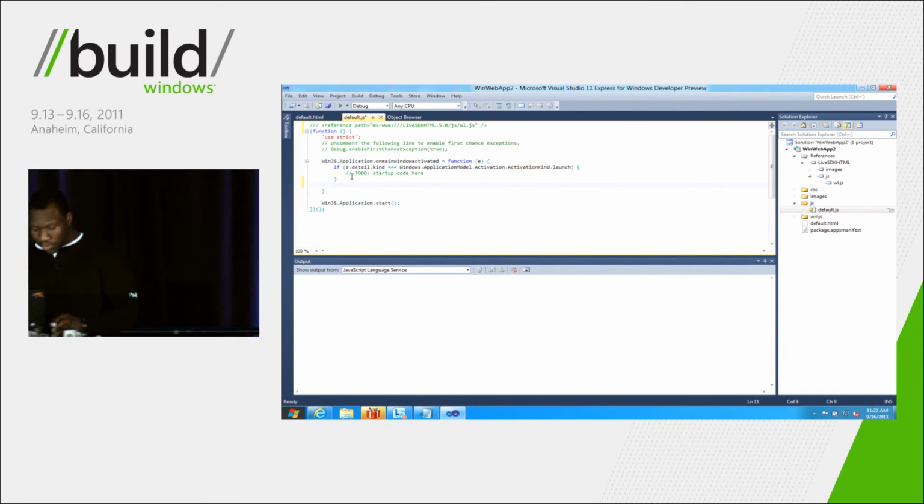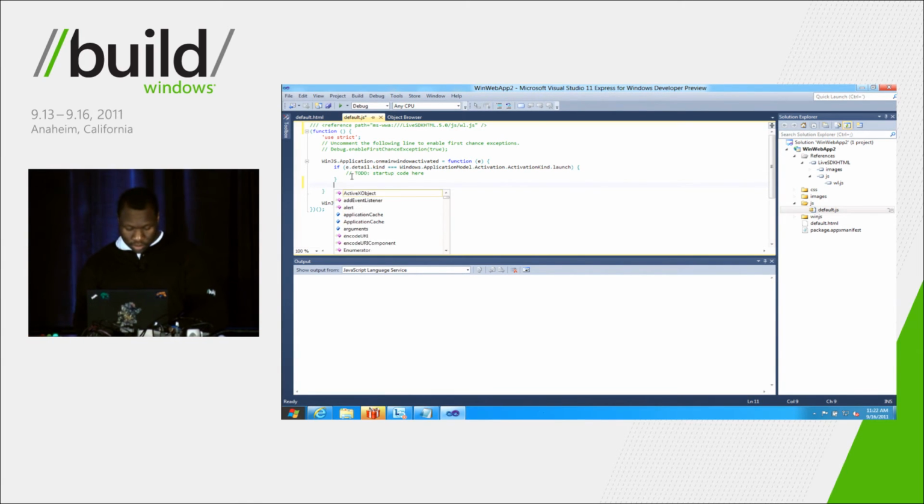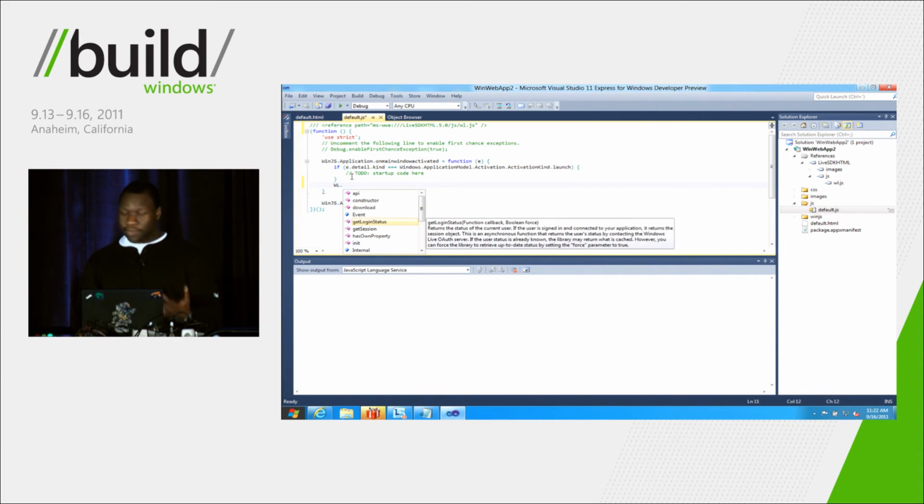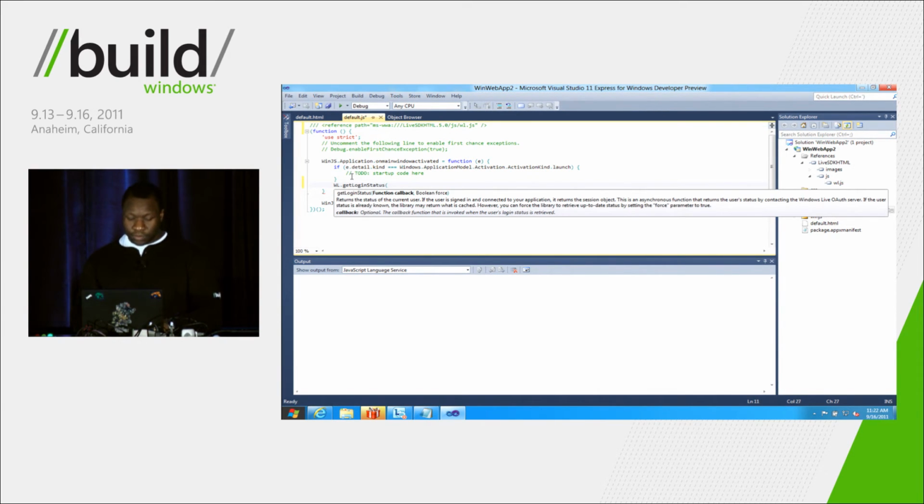So what that means is when I type WL dot, I get full IntelliSense, both descriptions and functionality. Here's the get login status method I talked about, as well as IntelliSense for the function parameters.